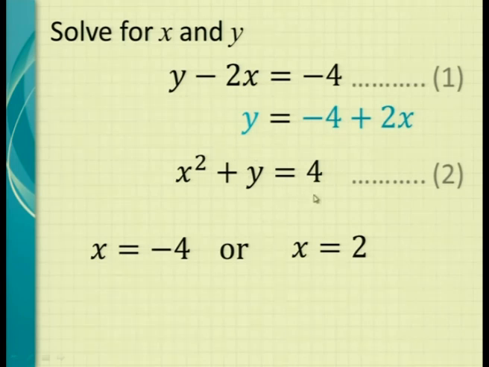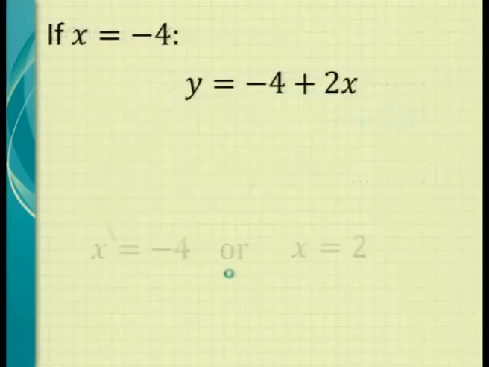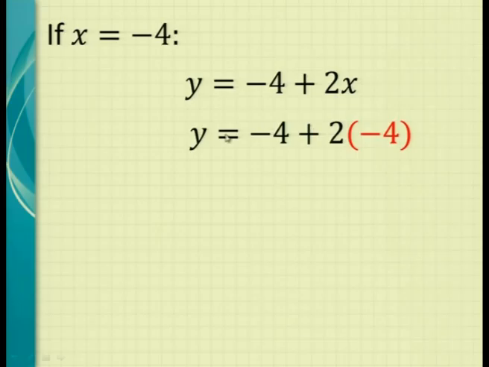How do we write this? Well, we've worked out these values for x. Now we want to work out the value for y for each of these. So we say, if we want to replace this there, we've got to replace both. And we will write in the following. We will say, okay, if x equals minus 4, my first value, then y equals minus 4 plus 2x. So y equals minus 4 plus 2, and substitution, lesson 1. Brackets and a minus 4. That's what we put in here. You now know how to do this. So from now on, you're going to get full marks.